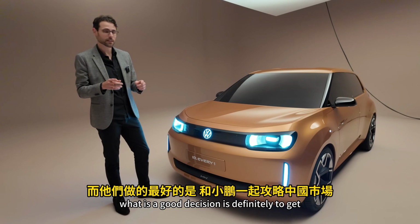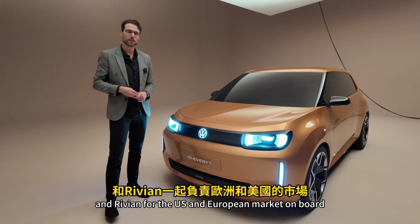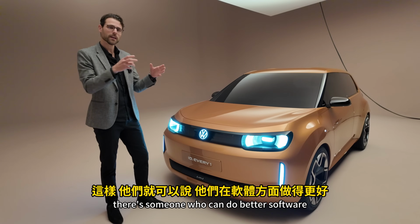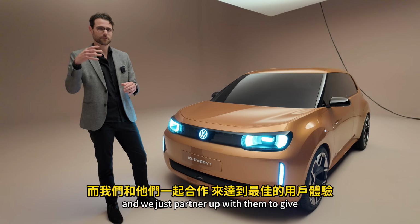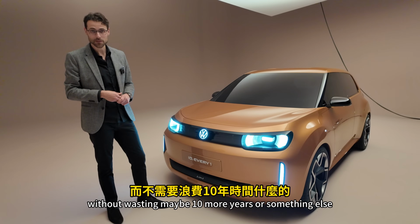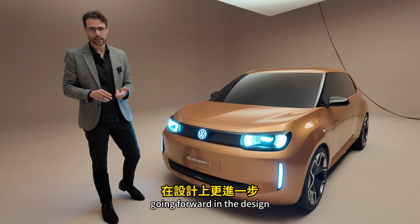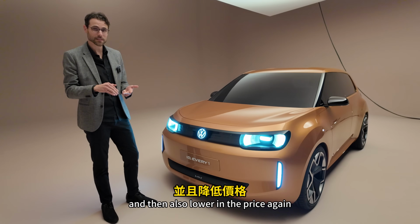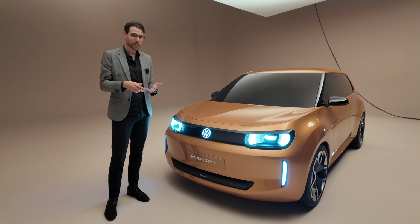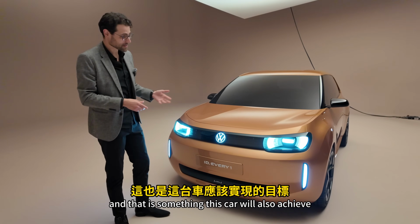What is a good decision is definitely to get XPeng for the Chinese market and Rivian for the US and the European market on board, to finally say, hey, there's someone who can do better software and we just partner up with them to give the best customer experience without wasting maybe 10 more years or something like that. So fixing the software issue, going forward in the design and then also lowering the price again, because at the end of the day, Volkswagen means the people's car, and the people's car should also be affordable, of course, and that is something this car